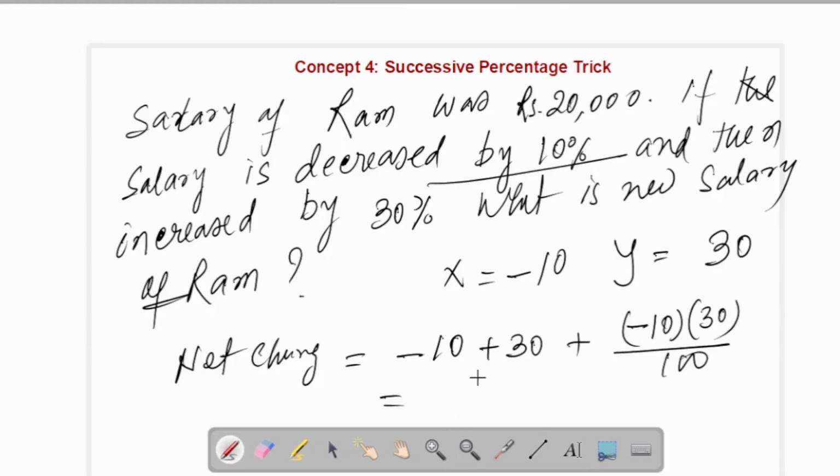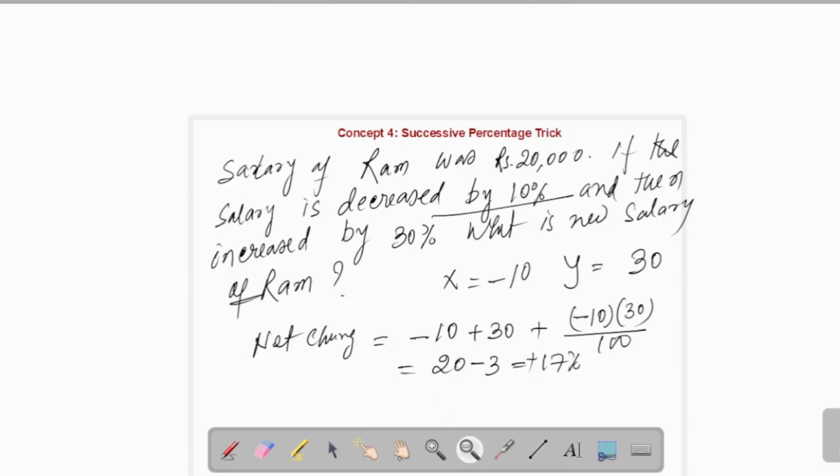So minus 10 and 30, 20, and this will be minus 300 divided by 100, so minus 3, which is equal to plus 17%. So since I am getting a plus of 17%, that means it's a positive value. That means it is a net increase of the salary. So the new salary will be how much? The new salary will be